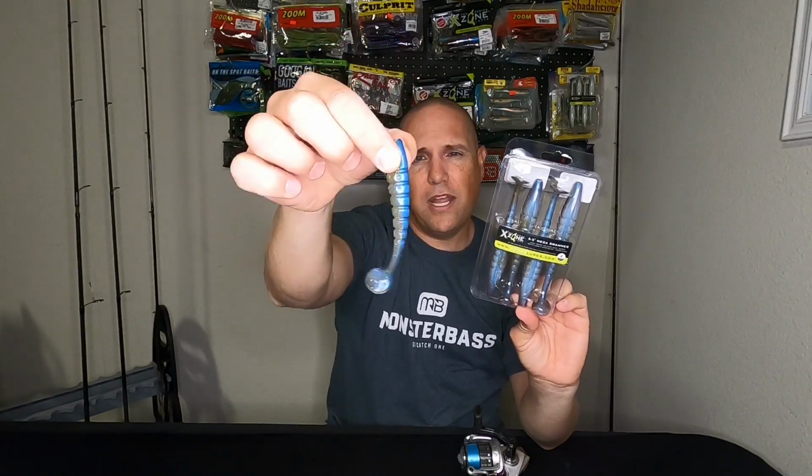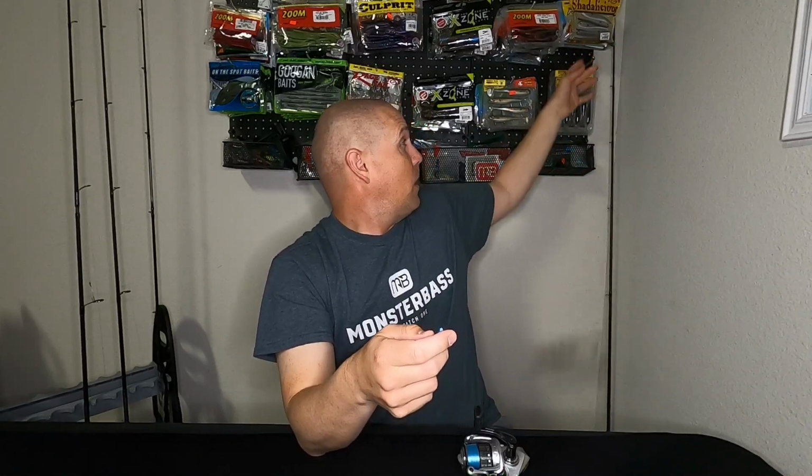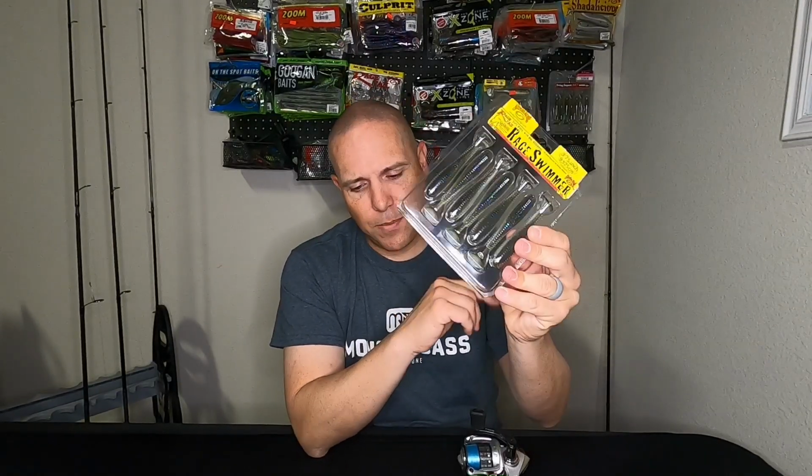You can see the jointed body. I really like this particular swim bait. But another popular one, the Rage Swimmer. This is a 3.75. They also make a 3.25. Your goal here is to mimic bait fish. So something like this,